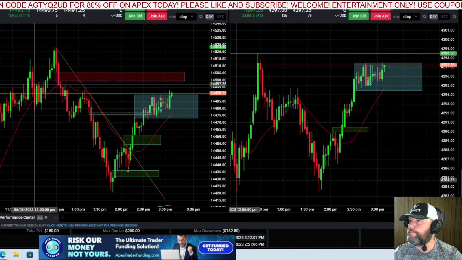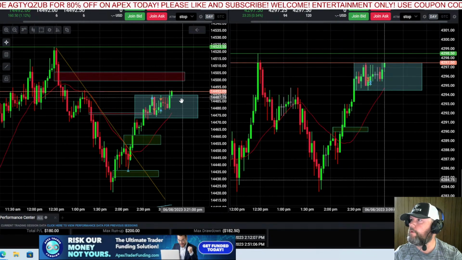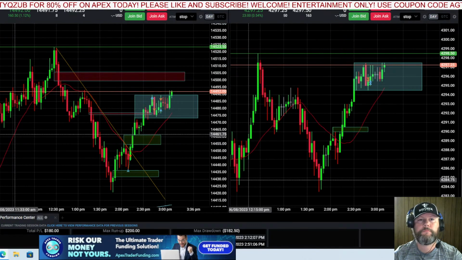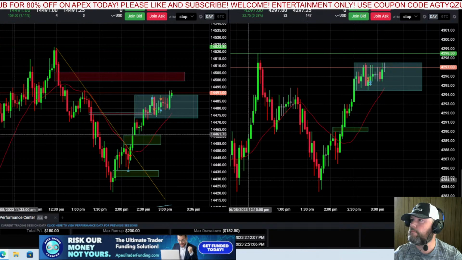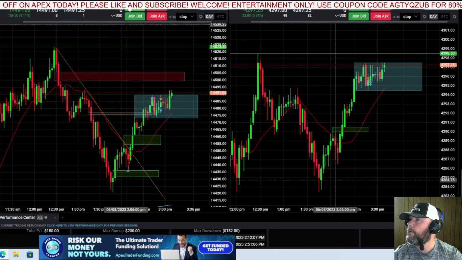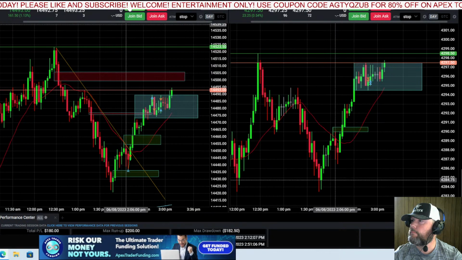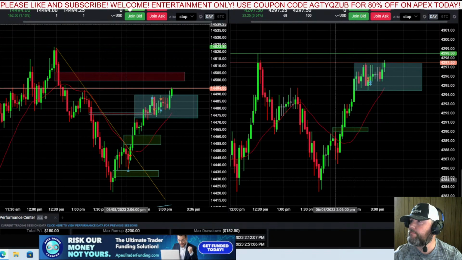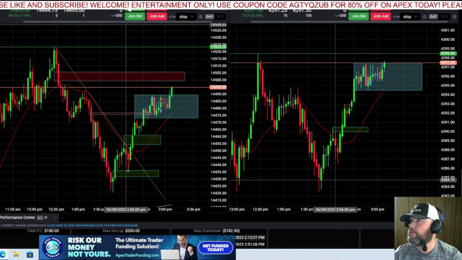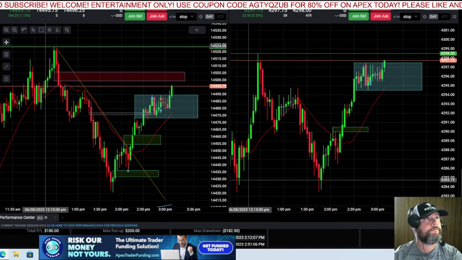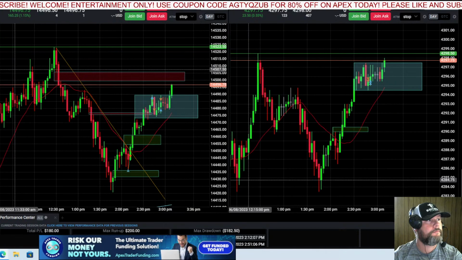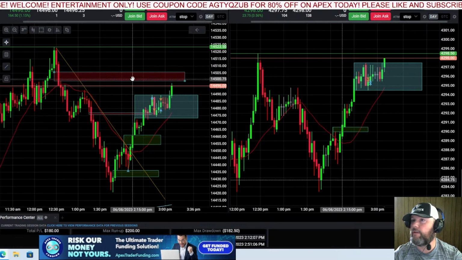So we have a breakout here on the NQ. Almost pressed the buy button there at 91, but don't like buying so close to 500 either. Yeah, we got the bearish fair value gap there, so